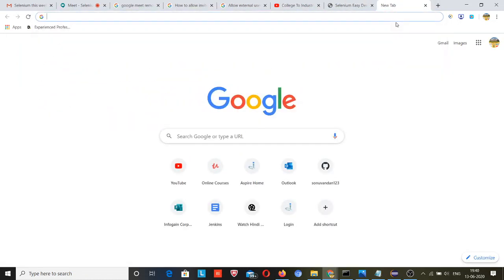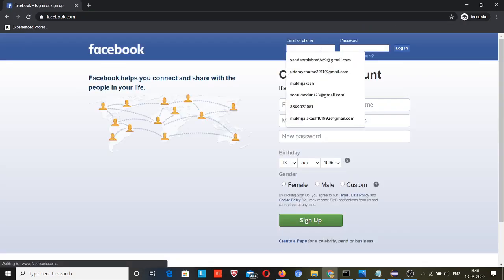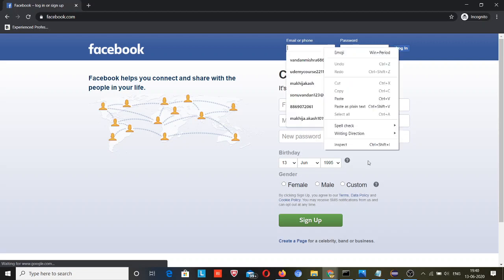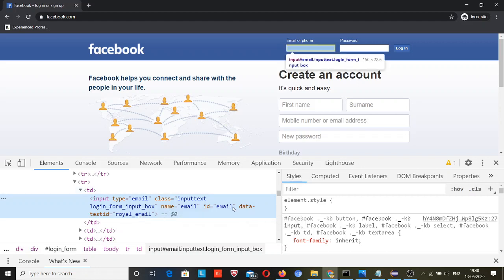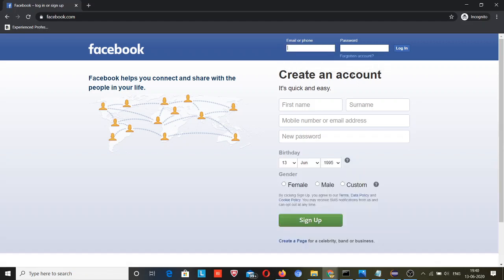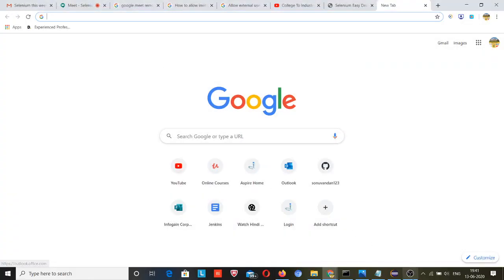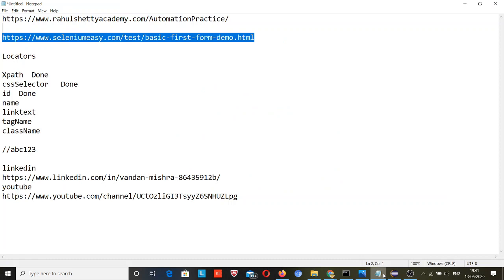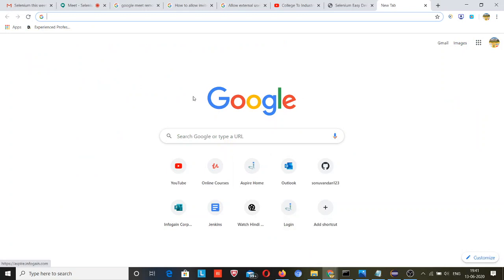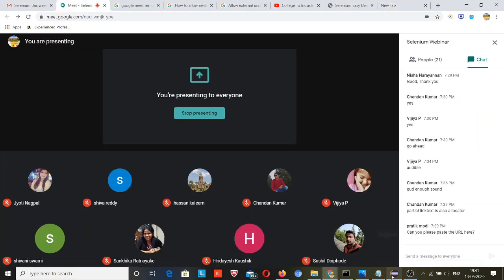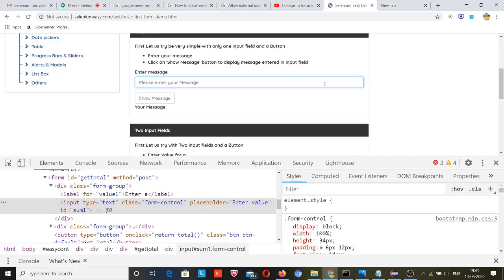So let me refer to facebook.com. Here I will right click on this field, and maybe here I have seen some fields where the ID was not constant, while here it is constant, but somewhere I will show you why. If an ID has a numeric value, then you don't need to go with ID. Whenever you see that in your case, don't refer to the ID when the ID has a numeric value. Okay, I will show you if I find one somewhere.